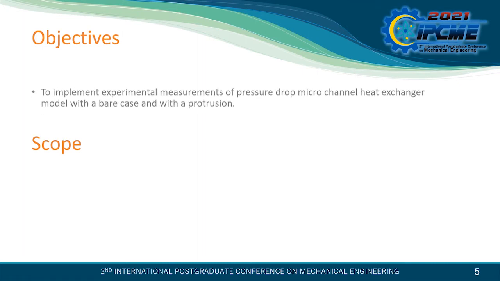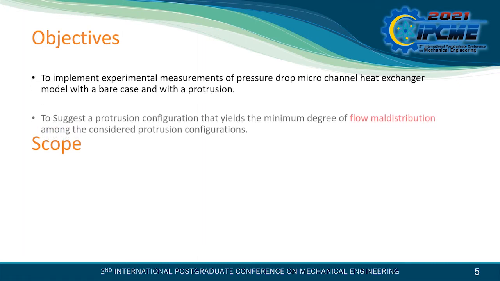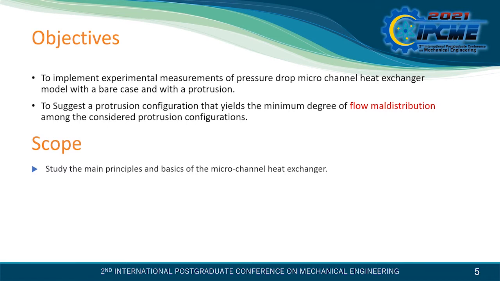This paper aims to present experimental measurement results and mathematical prediction results of pressure drop across the microchannel heat exchanger. Two identical prototypes of microchannel heat exchanger with different configurations of protrusion have been considered in this investigation. The pressure drop measurements have been carried out at various Reynolds numbers, varying from 1500 to 7500 by varying